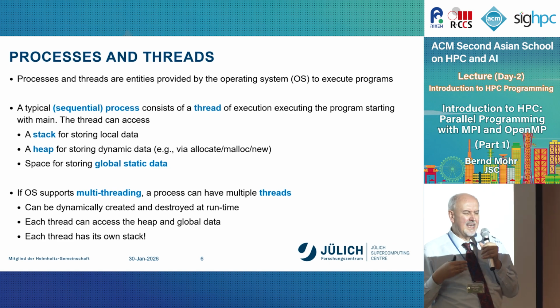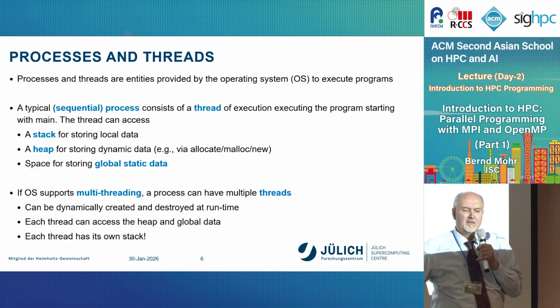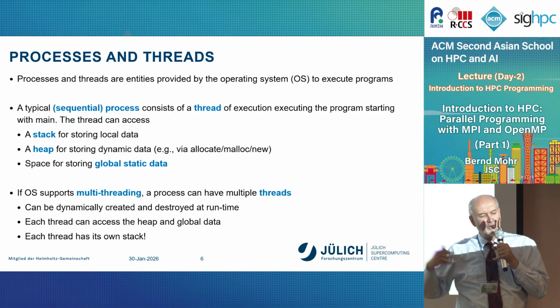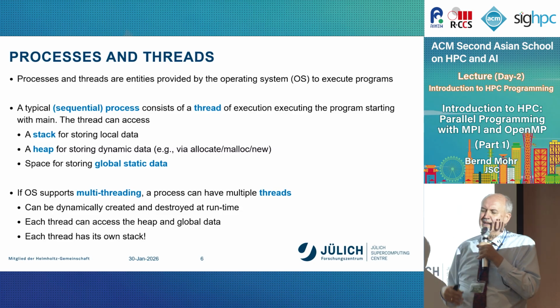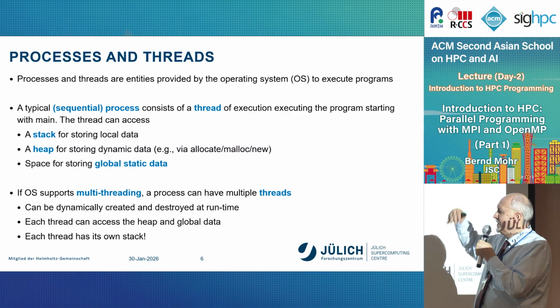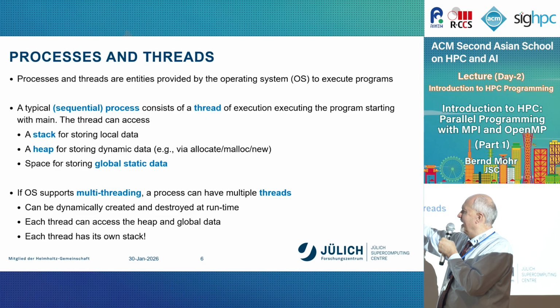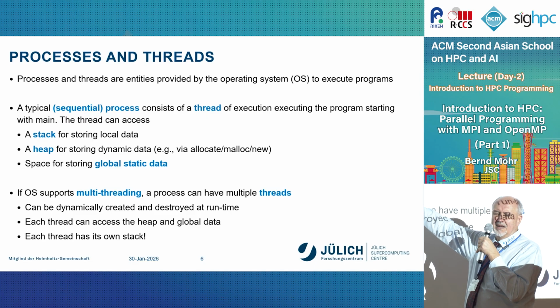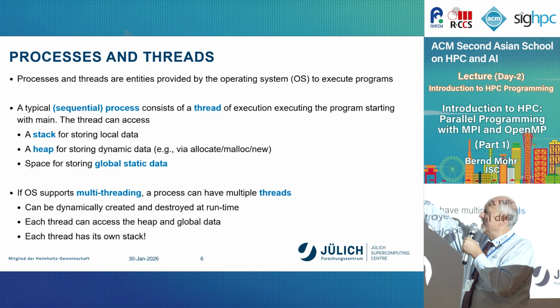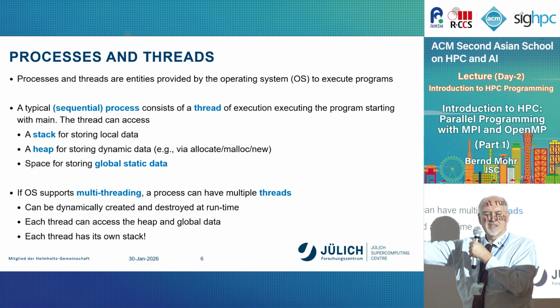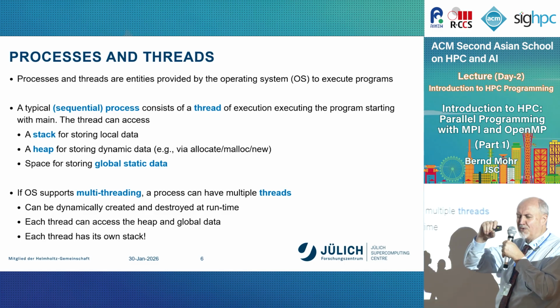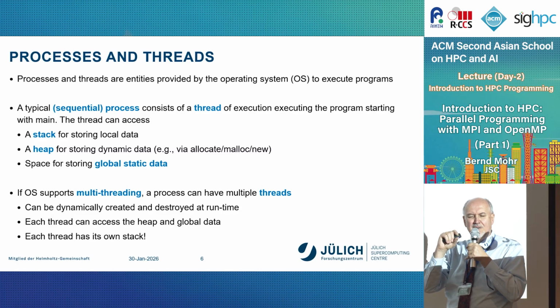So if I need additional data, I can say, give me 10,000 more integers, so allocate and deallocate, or malloc. This is a function. So we have these 3 portions: the global data available for the whole program, the heap for additional dynamic data, and the stack for local data in the function